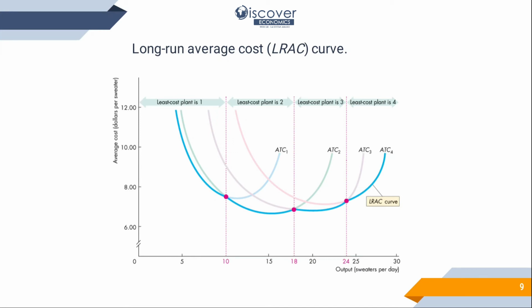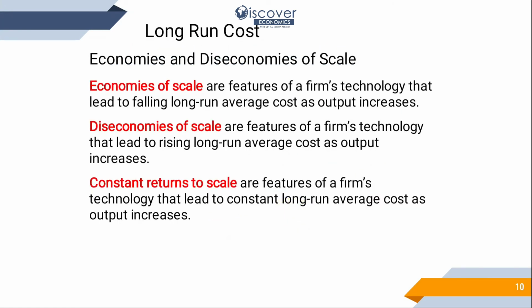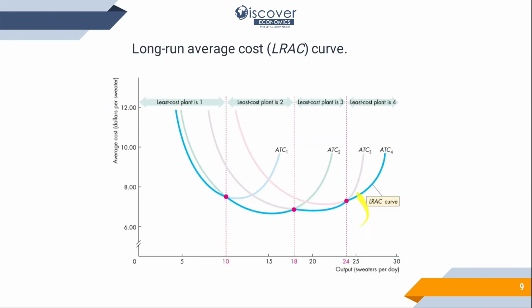Now what we need to understand is these pink points that are here. These are actually showing us the minimum points on each short run cost curve, and when we combine these points, we will get the long run average cost curve. So you can say that the long run average cost curve is the sum of short run average cost curves. So we are going to take each minimum point, and we will get the long run minimum cost curve.